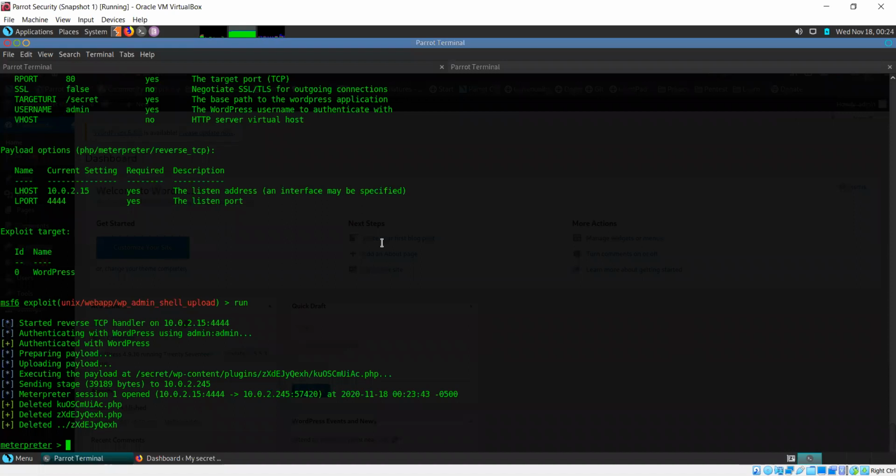Similarly, for a lot of places, the default is simply admin admin, or you could try the word password itself or pass. Password, password123, pass123, these are quite common. So for admin, we tried password, that didn't work. Then we tried admin itself and it worked. Now we have a Meterpreter shell on our target.